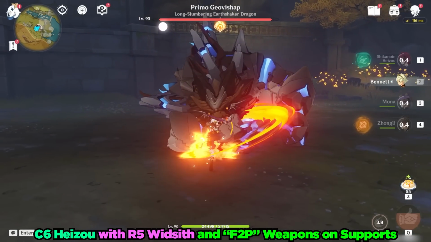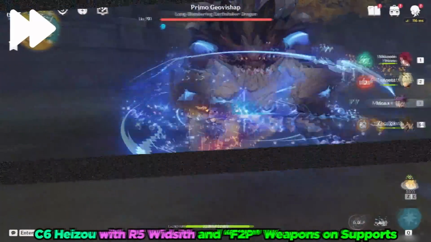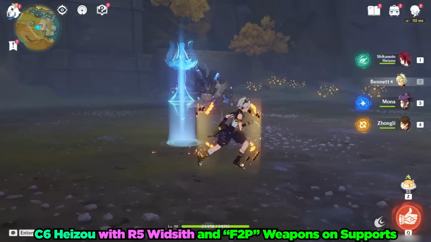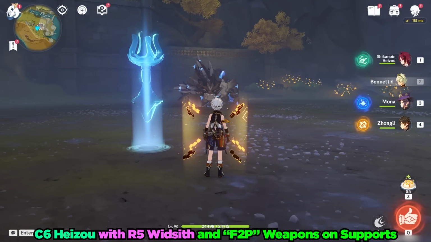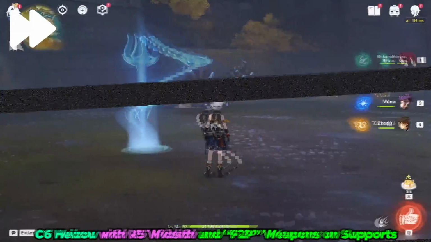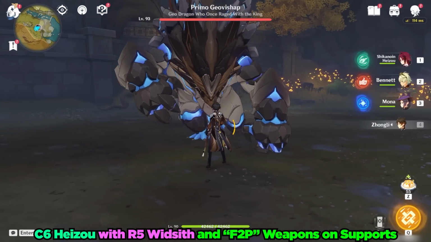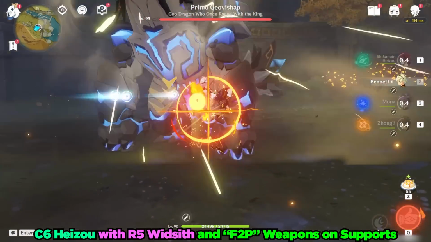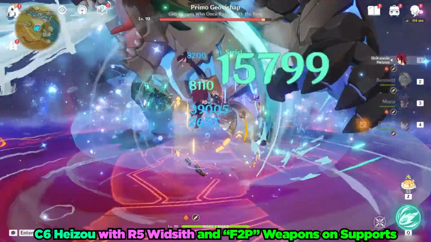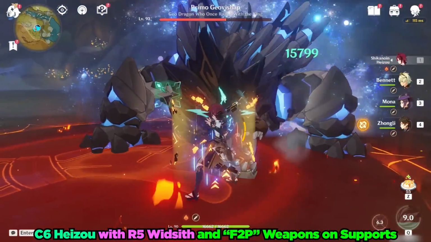So let's fill up our energy for our team here. I'm gonna wait just a little bit to make sure the Widsith buff is back. Now let's go ahead and get started. Hopefully we can single rotation the Primo Geovishap with this, but I'm actually not entirely sure that we can. Only one way to find out though, am I right? So, oh, that's the third buff on the... Oh wow, okay, so we got the third buff last time too, because it did the exact same